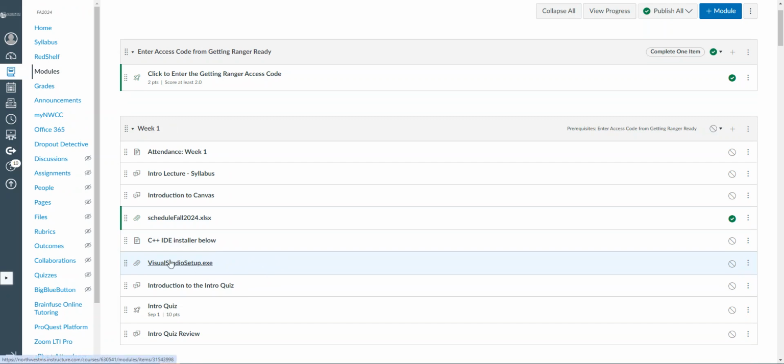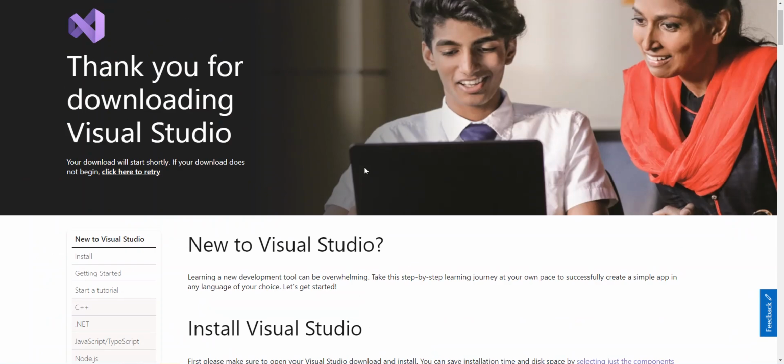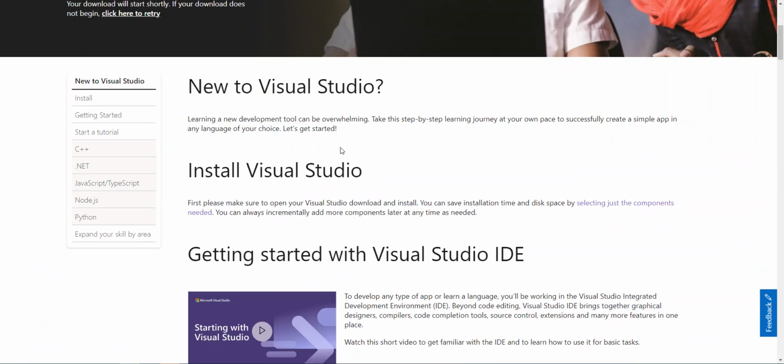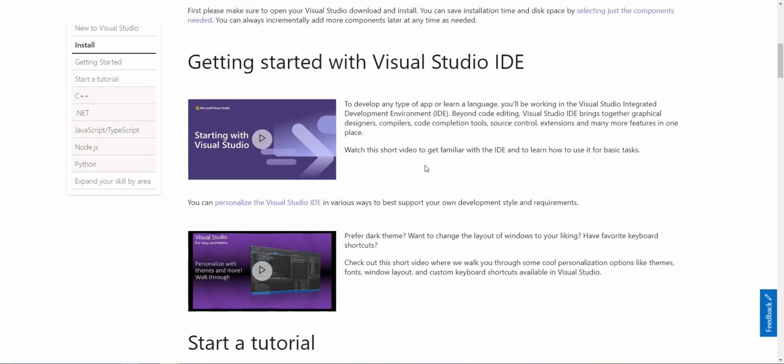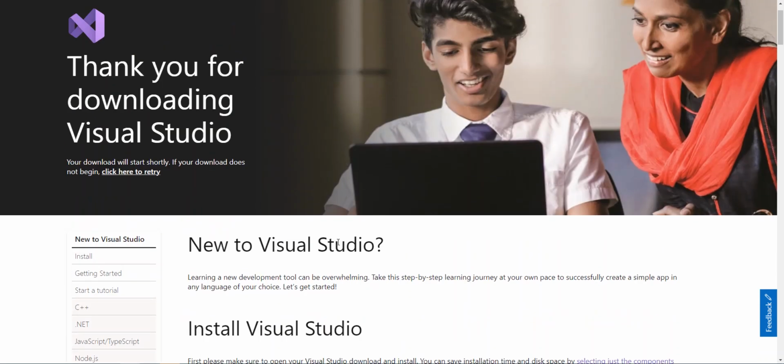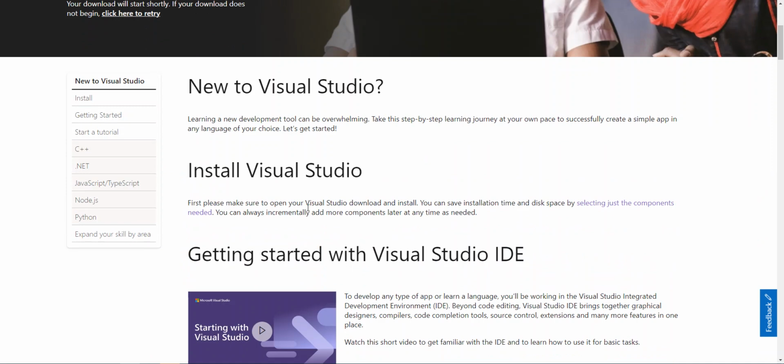I think this is just for the Windows version. If you want to get a Mac version or something like that, I think you can simply go to their website, and they'll have several different versions if you need it. You can just type in Visual Studio Mac, Visual Studio PC, whatever you need. And that's what we're going to be using to write our